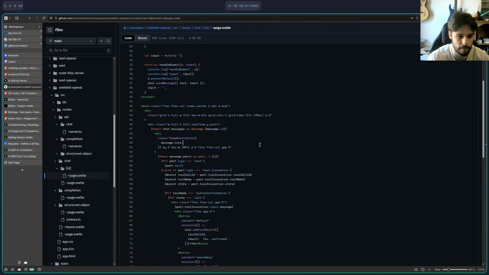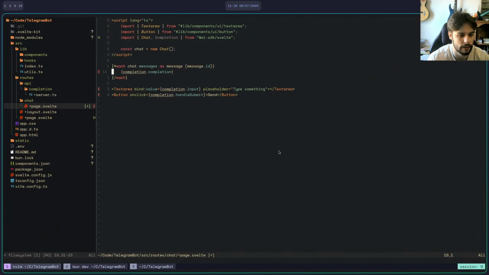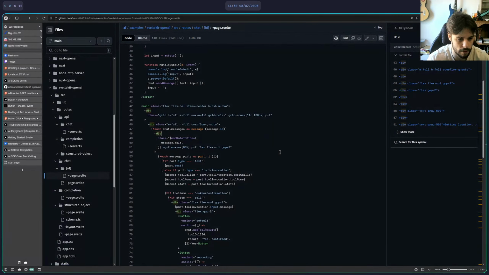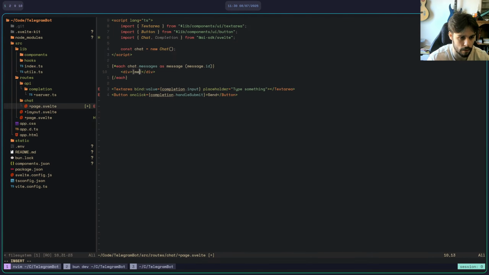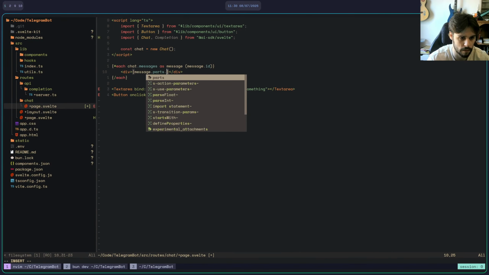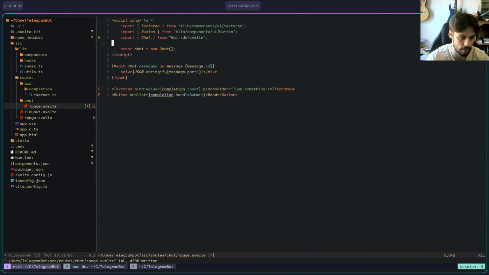Oh, is that the unique identifier that it's gonna put on the thing? Let's do div. Yeah, this is just fine, right? And I'm gonna go message dot part dot, just how about JSON dot stringify this whole thing.